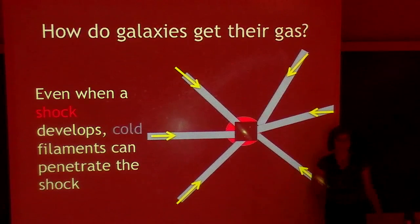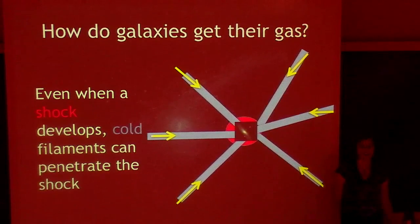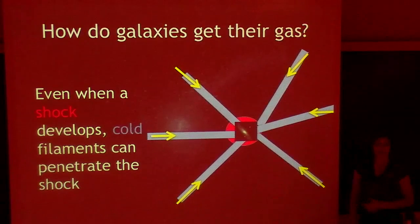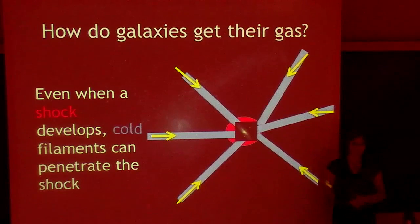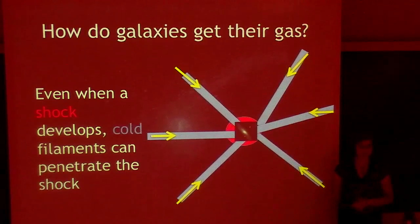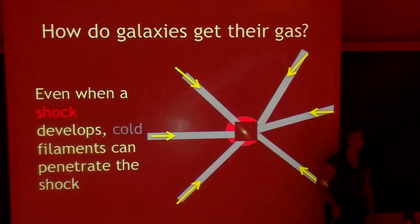Yeah. All right. Kevin. Joining the scientific illustration. So one thing that I gather, just from listening to theorists argue over this, so I'm pleading total ignorance here, is that there's a debate over whether those cold flows actually make it all the way down to the galaxy where they enter this sort of diffuse stage where then other magic happens. Right. So again, it depends who you talk to,